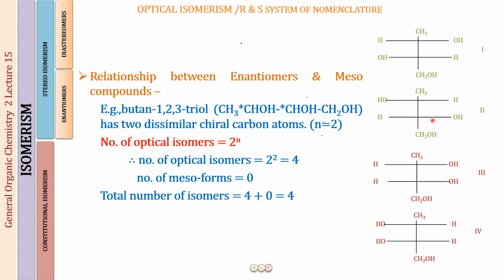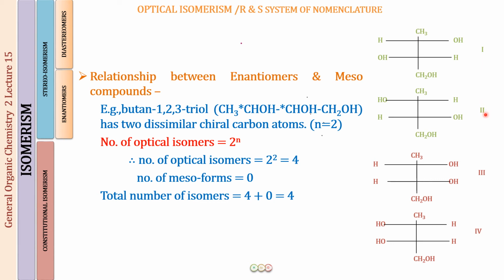So these are going to be the 4 possible stereoisomers for this compound, and all of them are optical isomers. Right, so optical isomers are those stereoisomers which show optical activity, and all 4 of them can show optical activity. Right, all of them have dissymmetric structures. None of them will have a plane of symmetry. None of them will have a center of symmetry. Perfectly fine. I hope this is clear.